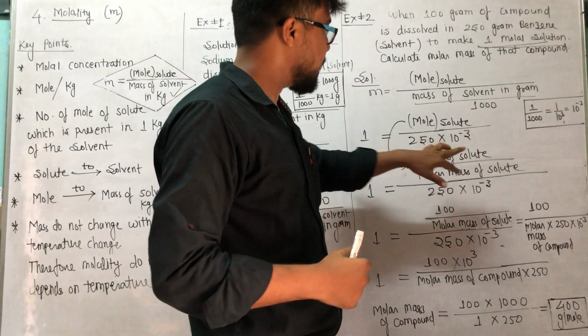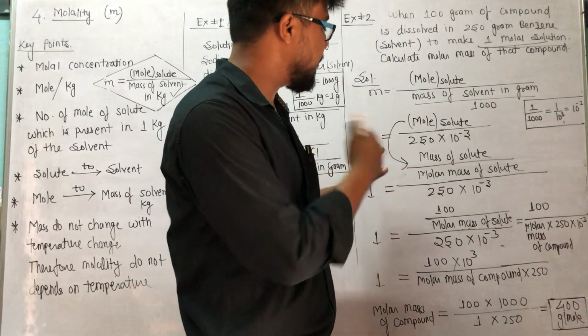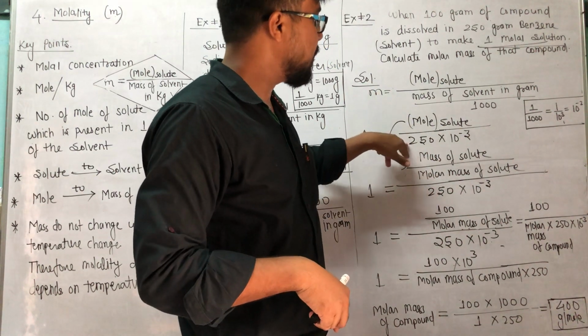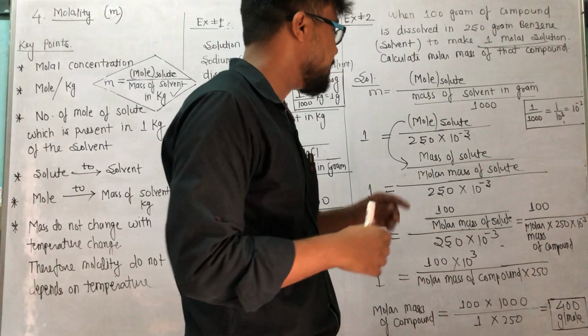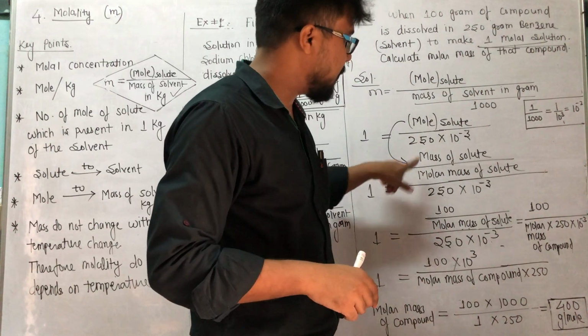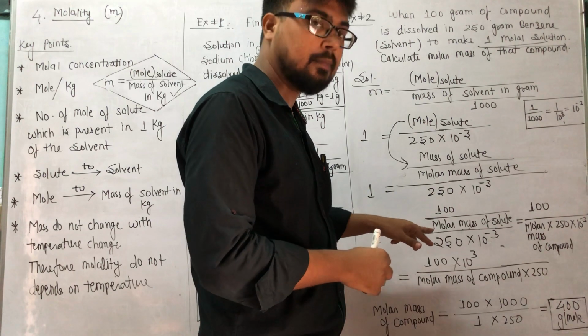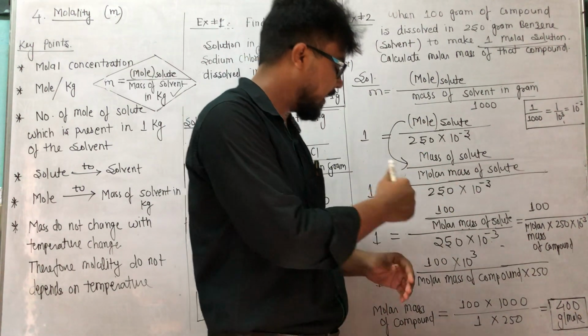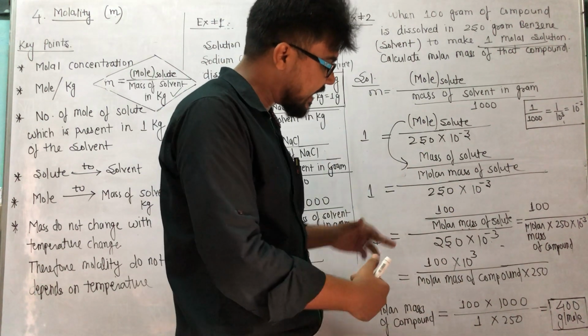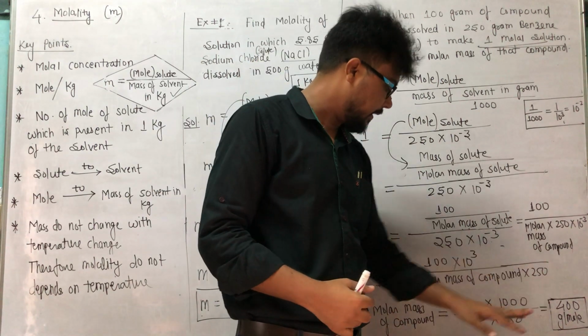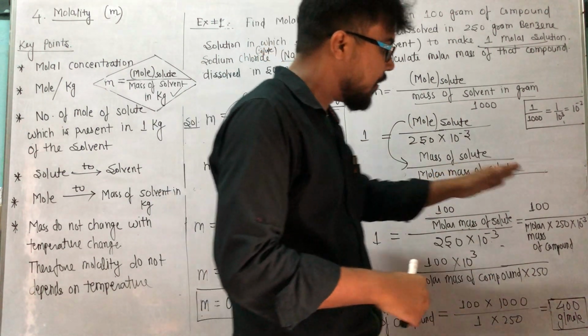Correct? So same thing as we did in earlier video lectures. 250 is solvent mass in gram, mass of solute, molar mass of solute, molar mass of solute I have to calculate. So by rearranging the equation I can calculate, and the molar mass of the compound will be 400